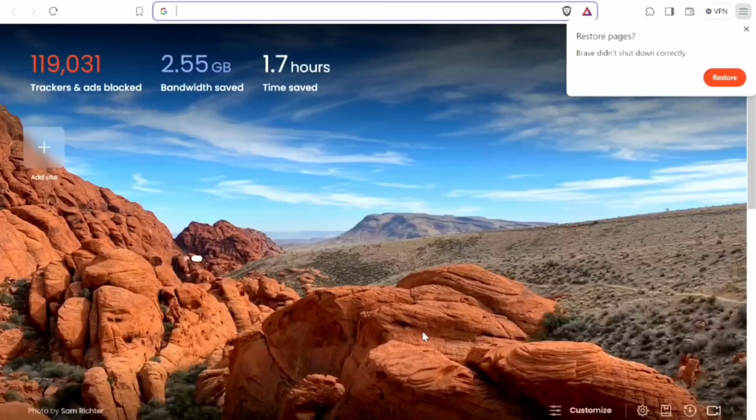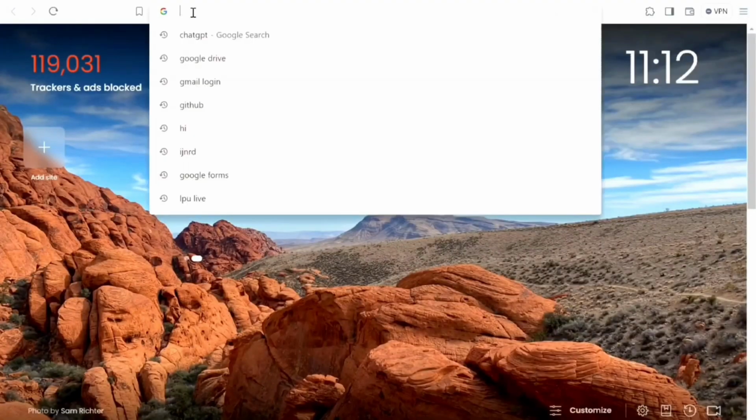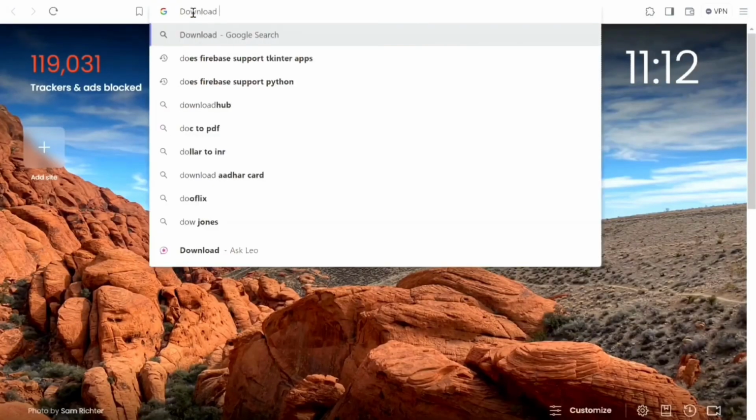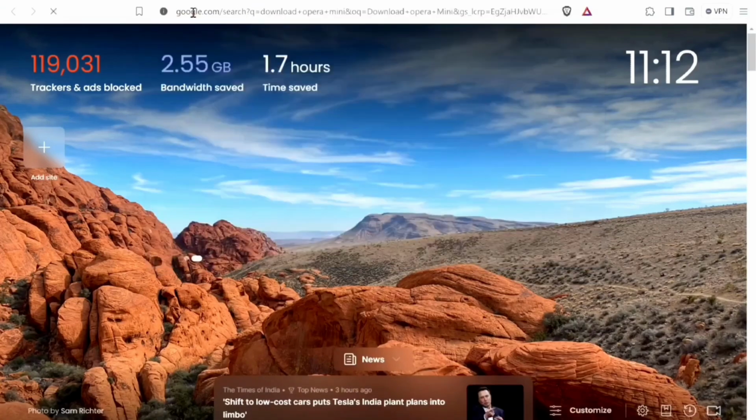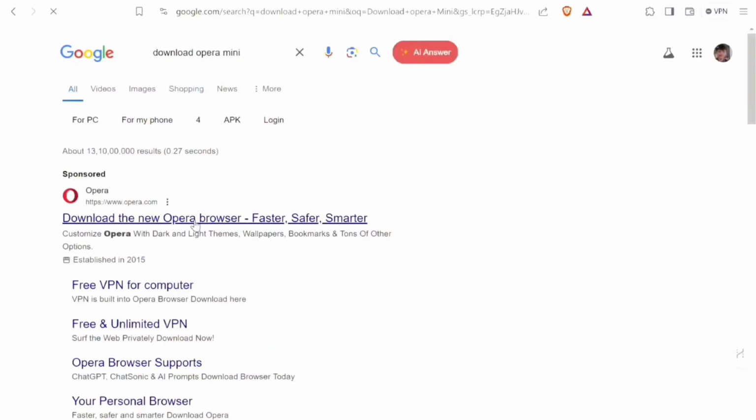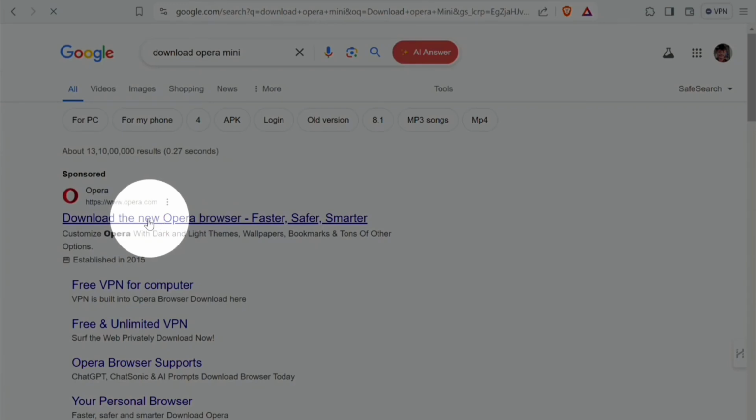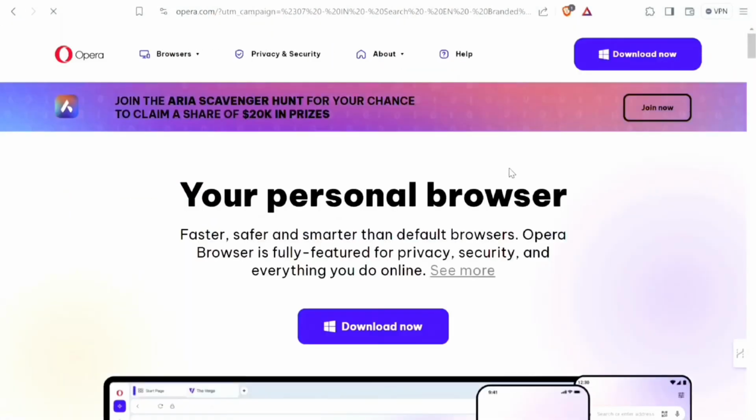Okay, so open your browser. I'm using Brave for this purpose. Write download Opera Mini on it, and you need not worry, I will provide a link to download Opera Mini in the description box. You can download it from there. Click the official Opera website, click upon download now,